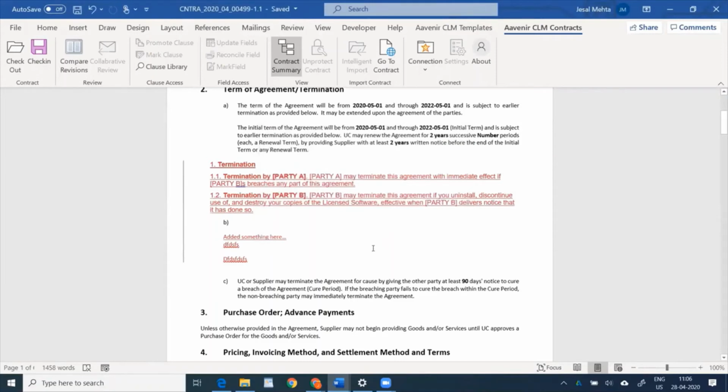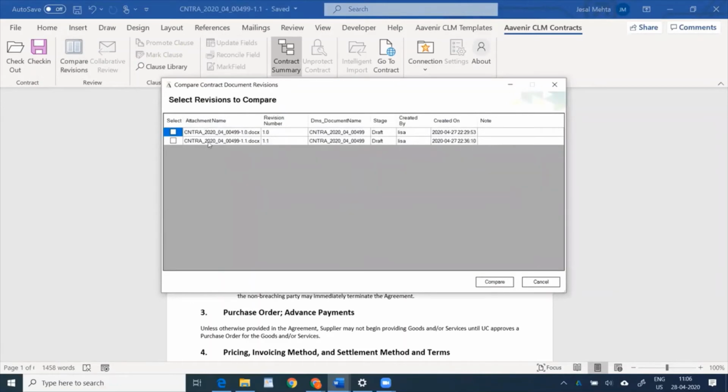Now, Lisa can go back to the browser and work with that forward. Or let's say she wants to compare revisions. So she clicks on compare revisions and she can see, in this case, version 1 and 1.1, and she can compare two versions side by side as well. For now, we have just two versions, but imagine you have 10 versions, which is what would be most typical, or 10 or more versions in the system. You can actually select any two versions and compare those documents side by side as well.